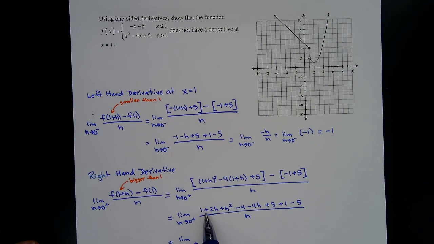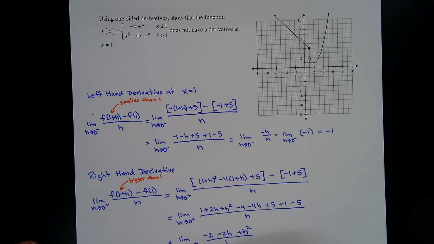Okay, so I have 1 and a negative 4, which makes negative 3. And this 5 cancels with this 5, right? So I have 1 and 1, which makes 2. So that's negative 2. And then I have 2h and a negative 4h. So that makes negative 2h. And then I have plus h squared